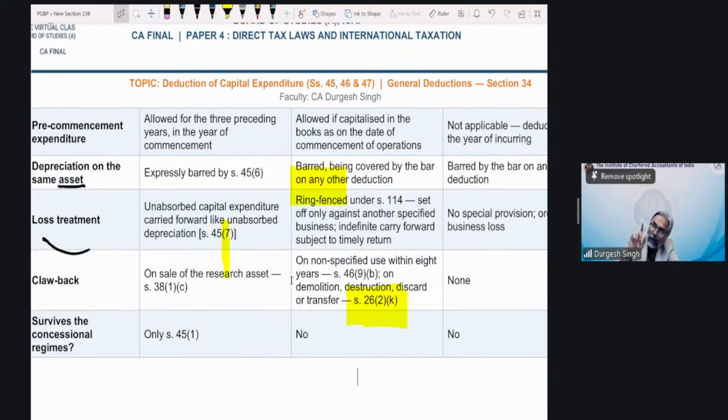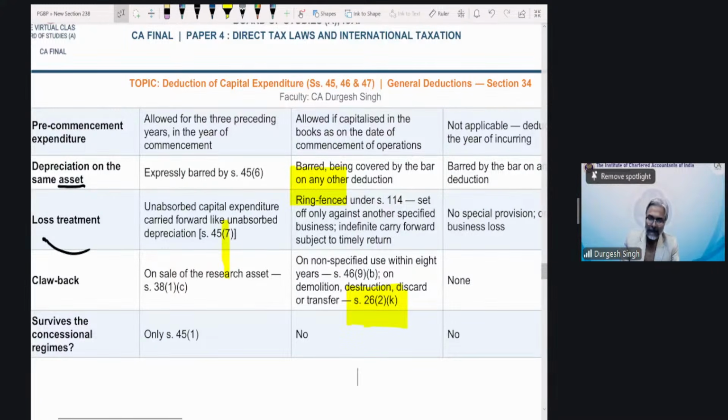So if you are in the alternate tax regime and you are in the hotel business, say for example, then whatever capital expenditure you incur, eligible capital expenditure, forget the deduction under 46. You have to come from the route of depreciation only. Meaning thereby, these eligible capital expenditures will be capitalized in the books and you will claim depreciation on them. Is that point clear to all of you, students?